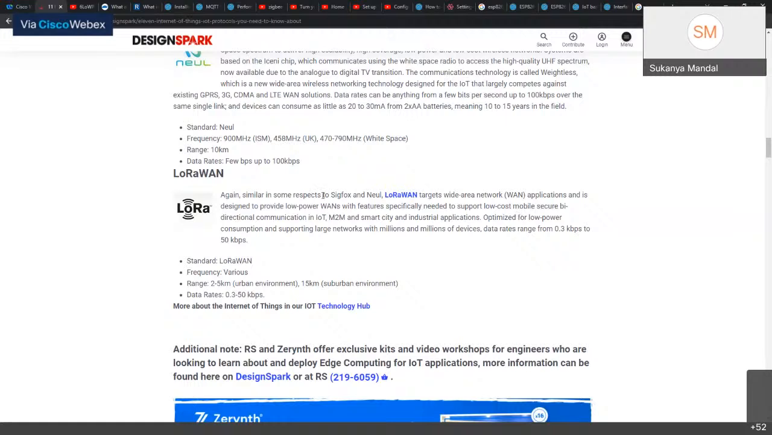And LoRaWAN, as it is based on Sigfox, has quite good range, and it is optimized for low power consumption and supports large networks with millions and millions of devices. So the standard is LoRaWAN, frequency could be various. Range is between 2.5 kilometers in urban environments and 15 kilometers for suburban environments, and data rates are somewhere between